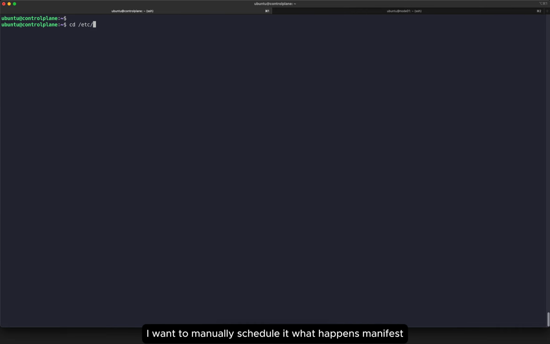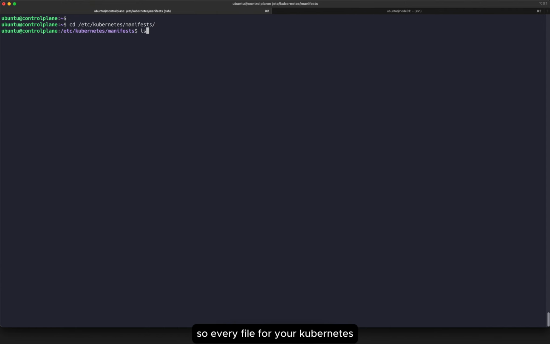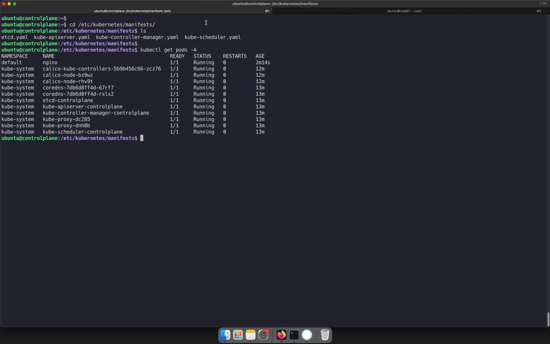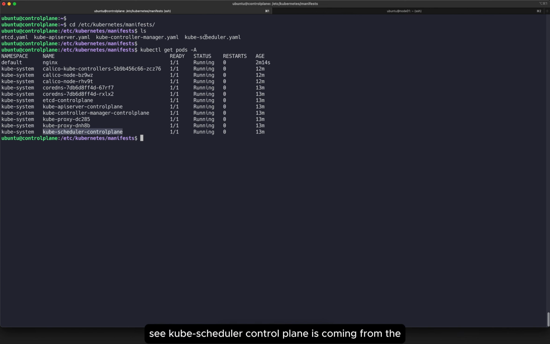I want to manually schedule it. What happens? Manifest. So every file for your Kubernetes scheduler. If you see kubectl get pods -A, see, the kube-scheduler control plane is coming from this YAML file. So what I will do is I will move the kube-scheduler manifest to